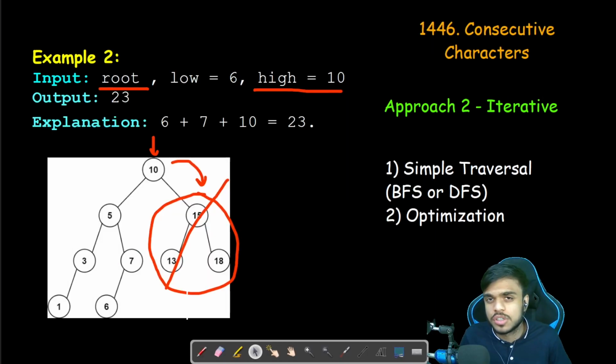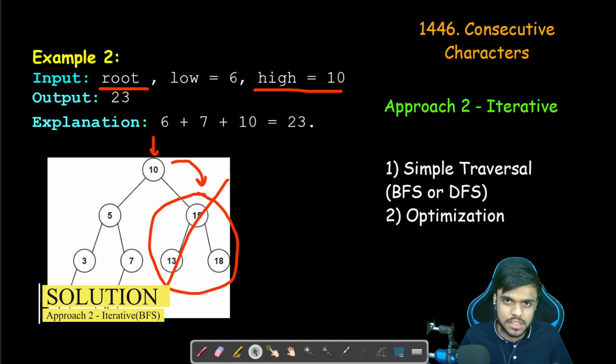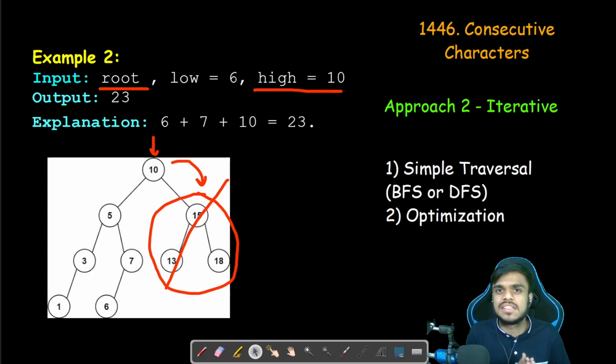Now, if you have understood the first approach that we discussed, that is the recursive one, this iterative approach is pretty simple, very similar to the first approach. It's just that in the recursive approach the recursive stack did the work for us, but now, in iterative, we need to do that ourselves. So we can do the simple traversal with the help of a breadth first search or a depth first search. For now, we will stick with a breadth first search, and we'll see an implementation with the queue.